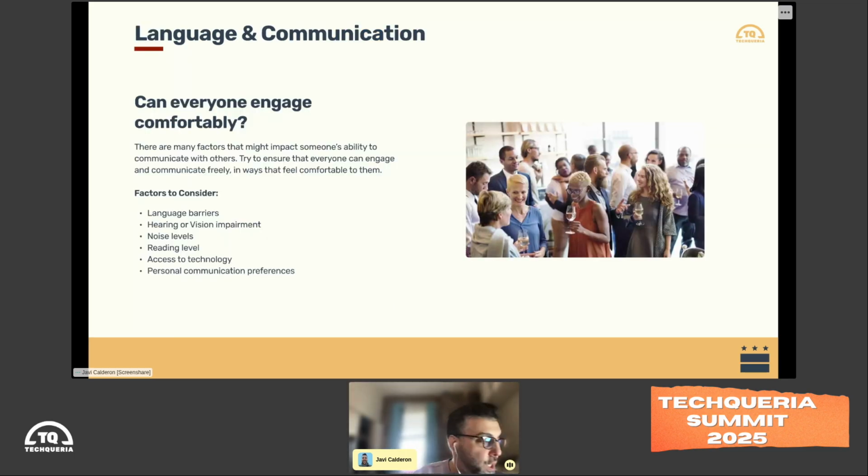Language and communication, right? If we're thinking about big public spaces, my poor grandma, every time we go home, my parents live in Florida, my grandma had to walk up to my wife and say, I do not speak English. And my wife is like, Mama Hina, I know you do not speak English. I still don't speak Spanish. I'm sorry, right? But how can we make sure that everybody can at least communicate, right?